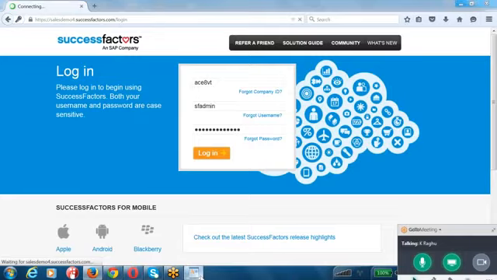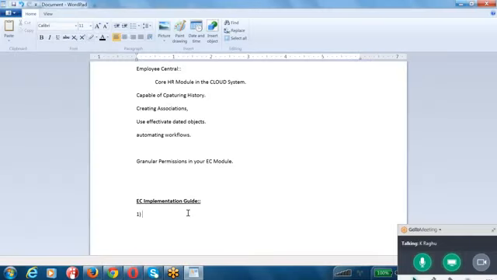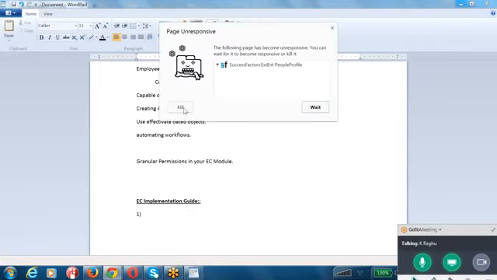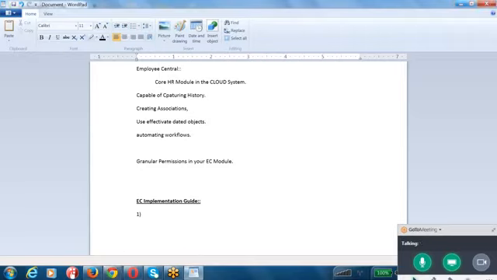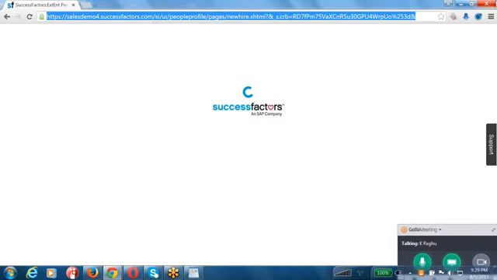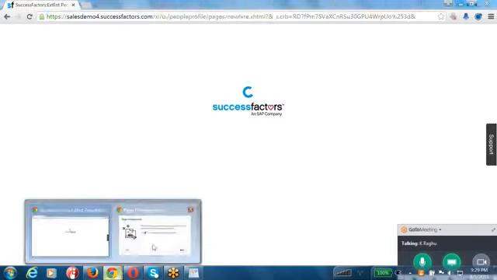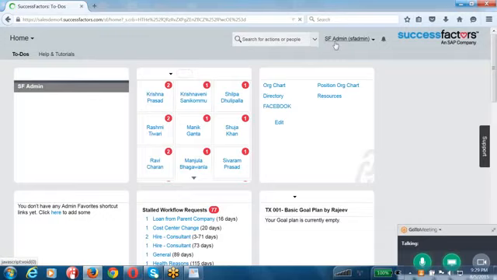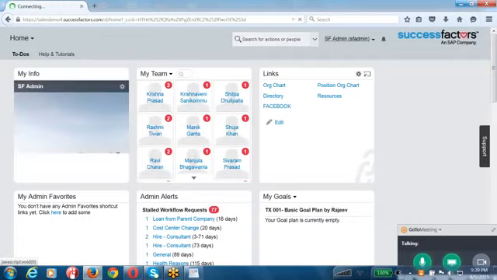So going back to your implementation sequence, the Employee Central module implementation sequence, there is a 14-step implementation sequence that SAP SuccessFactors recommends all clients to follow. And the first step in your implementation sequence is, okay, guys, one second. It seems I have a problem, it is hanging here. Okay, so if you go here,